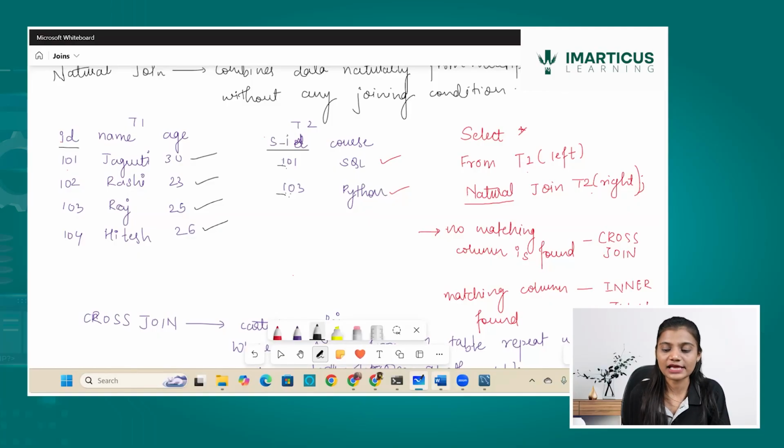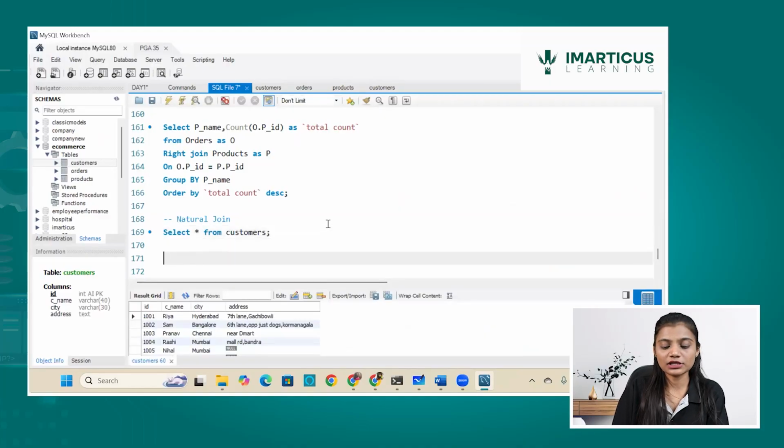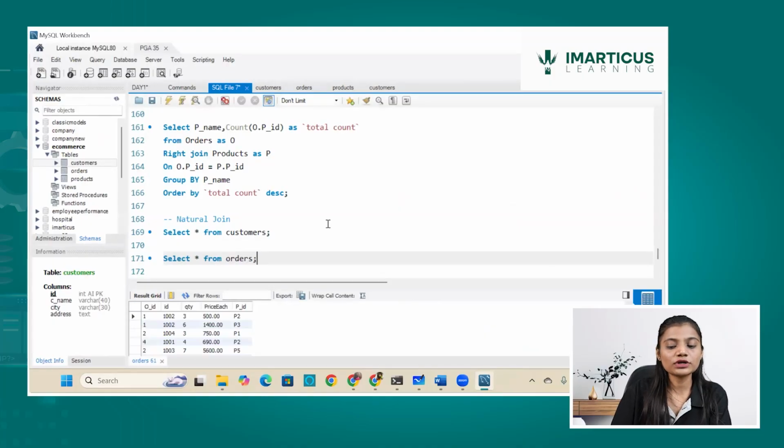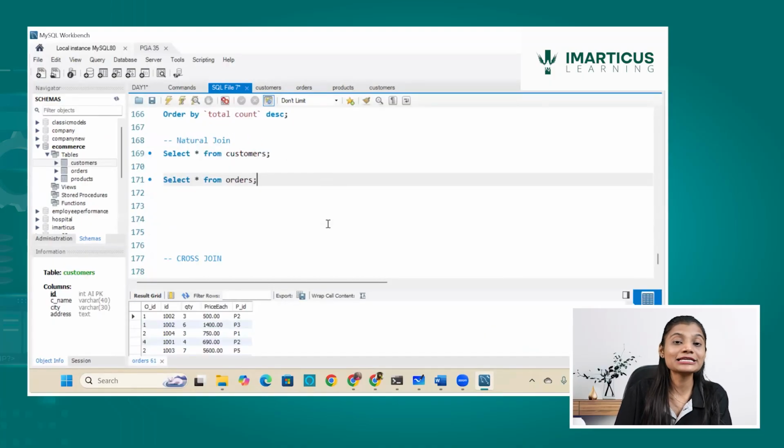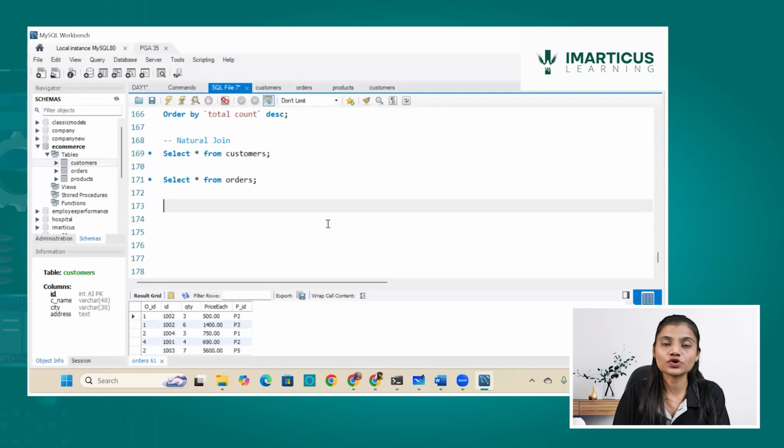And let us see with an example now that how does a cross join work. So natural join, as I said, we had tables. Let's say select star from which table do I have? Customers. So this is a customer table, and I do select star from which table? From orders table, which is there. So these are the two tables which I have. Now I know ID is a common column between them. And when I did left join, I wrote on customers.id is equals to orders.id.